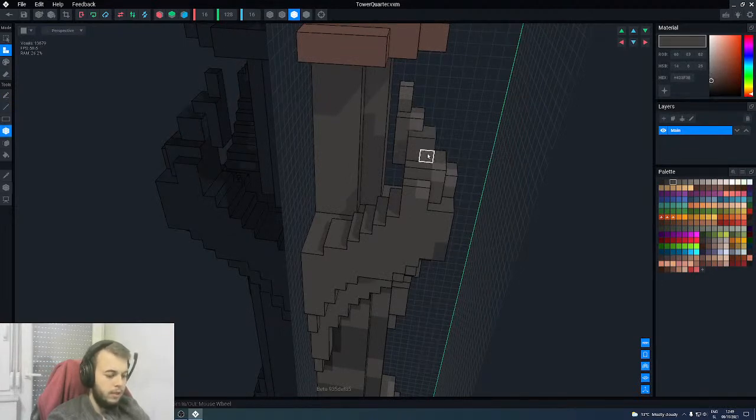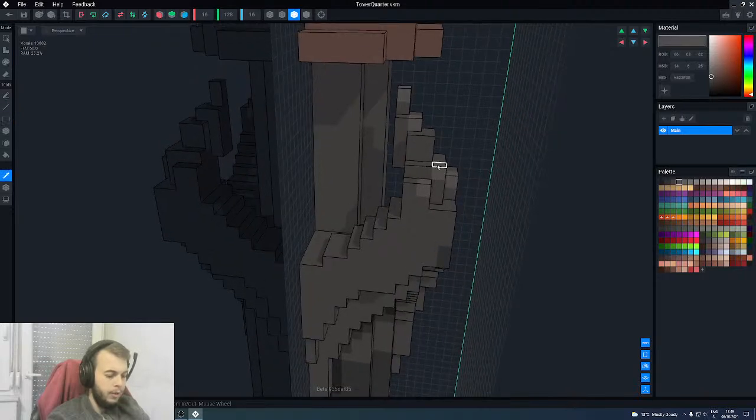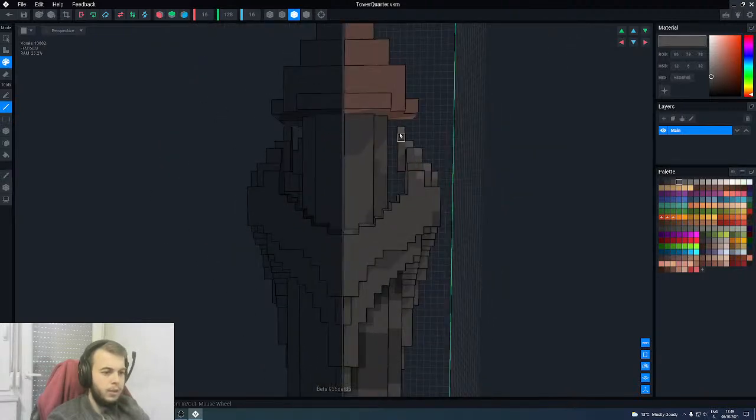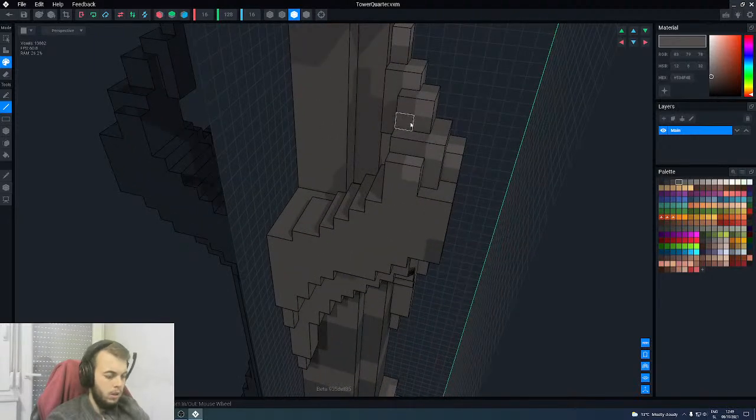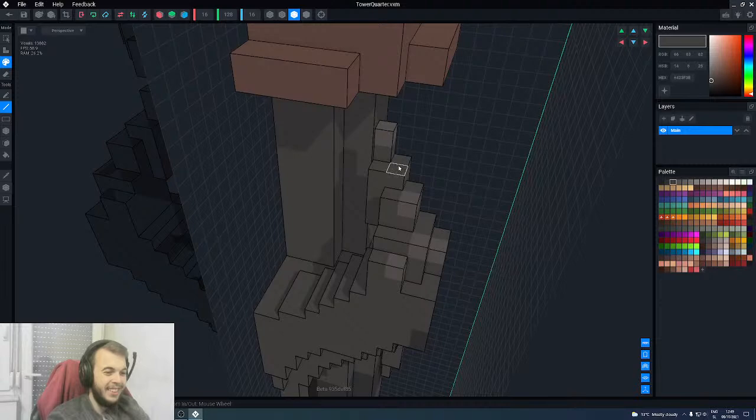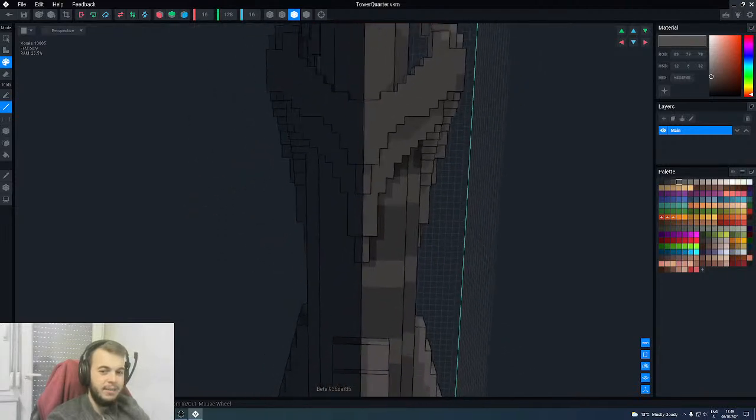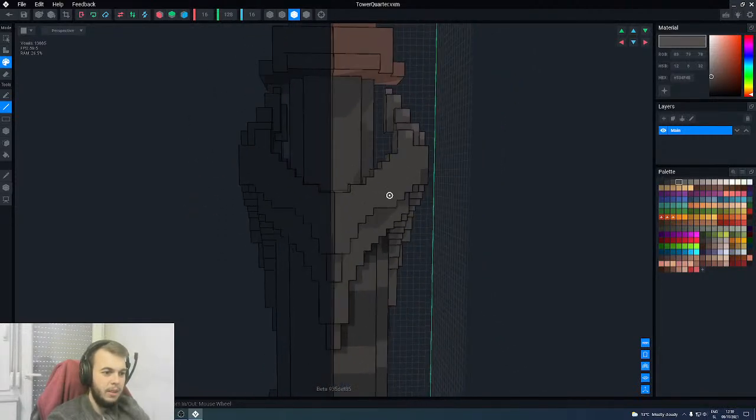Let's make this slightly larger, just so it kind of follows the shape, hopefully. And then we're gonna need to change this part as well a little bit, so like this and like that. Okay,